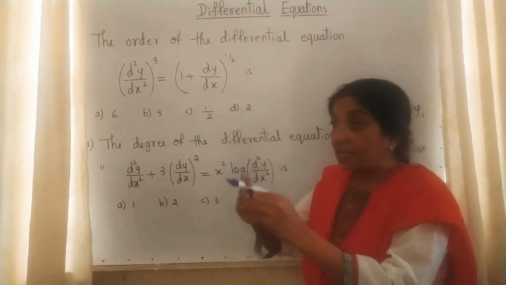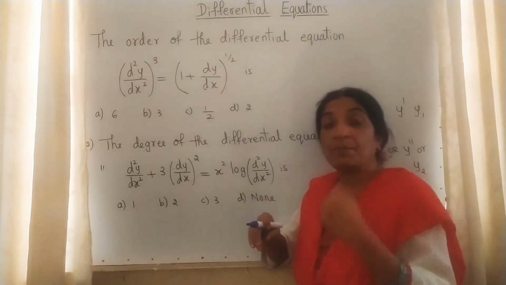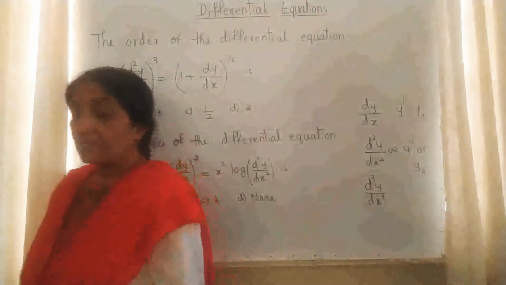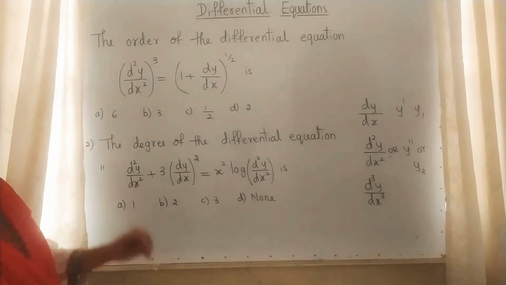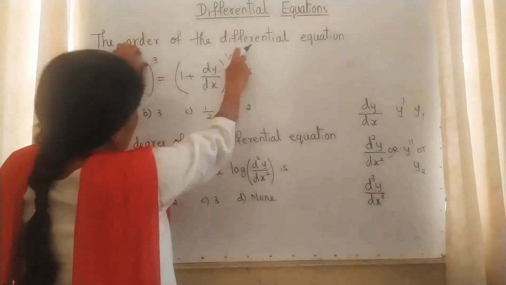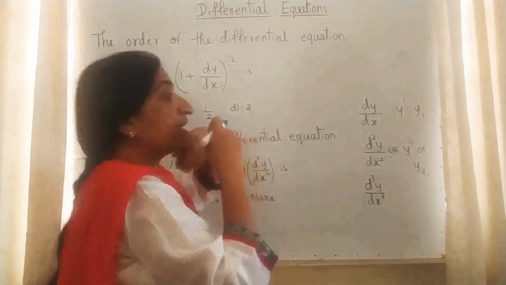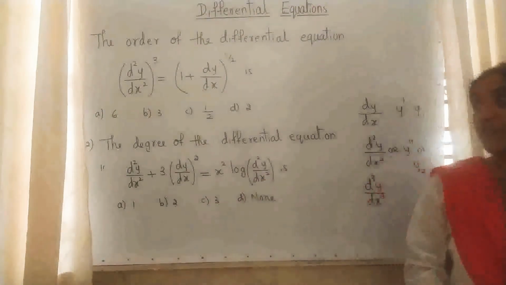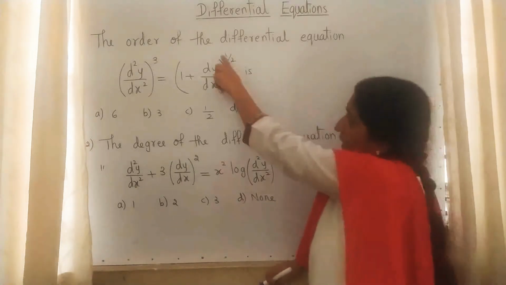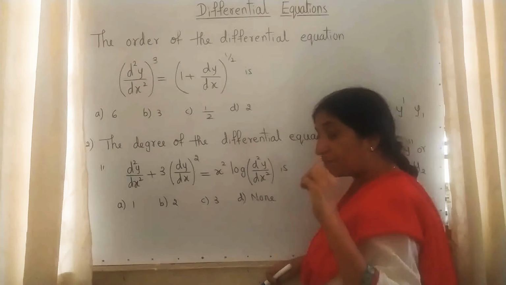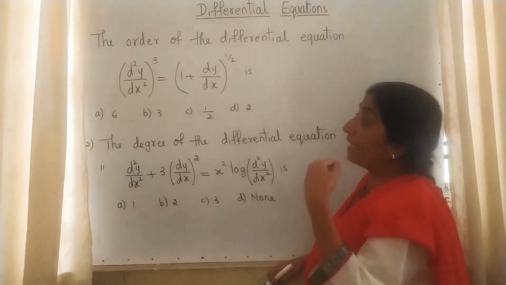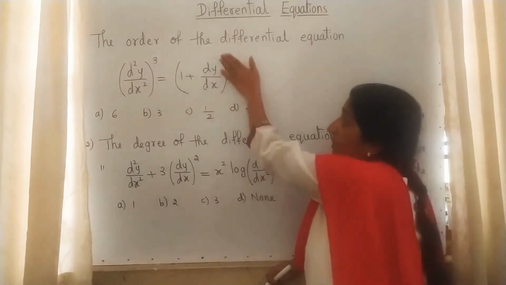After writing that, in that whatever is the number, the power, that power we are writing as the degree. And when you are writing the order and the degree, try to see that in that power there is no fraction. If the fraction is there, try to cancel that fraction. It will not affect the order, but it will affect the degree. If the fraction is present, don't write the degree. Try to eliminate that fraction. Eliminate means don't rub it.